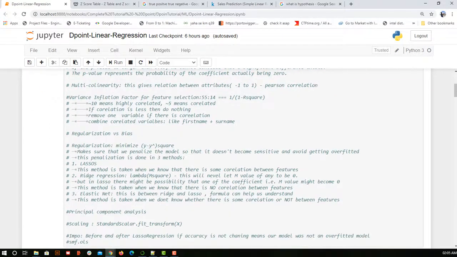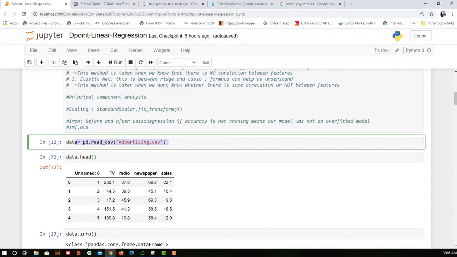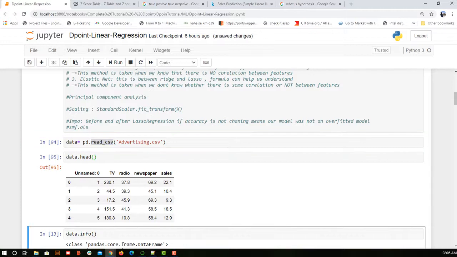First we are going to read this advertising.csv, and any queries with respect to reading I think you have completed in the playlist. So now we are going to simply use all those concepts. This is comma separated, so we are using the read_csv function provided by pandas. If I execute that and then see the head, Unnamed is a serial number which they have provided us. If I want, I can drop it here itself, but there is no need.